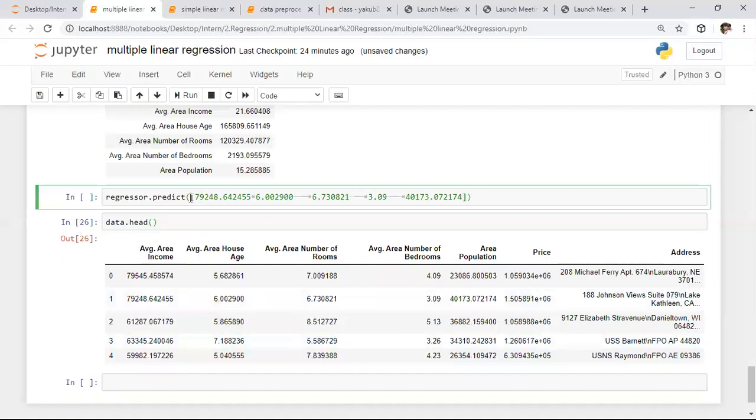Here we need to specify this data in the form of a nested list, because we are specifying the values in the form of vectors. That's why we need the double brackets. We need to separate each and every attribute with a comma. To predict the outcome, we need to specify 5 features. Here we specified 1, 2, 3, 4, 5 features.